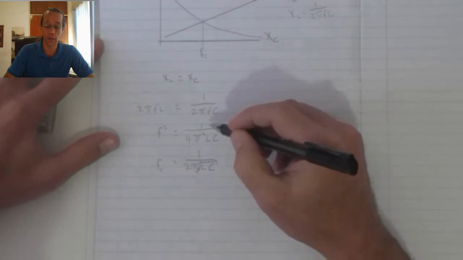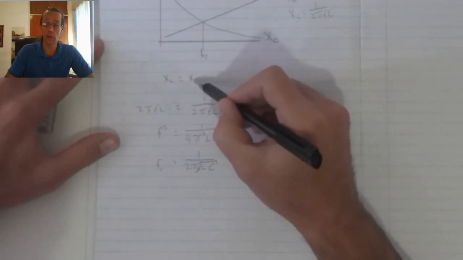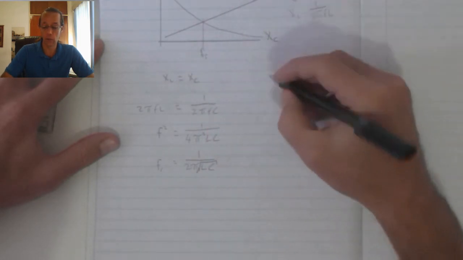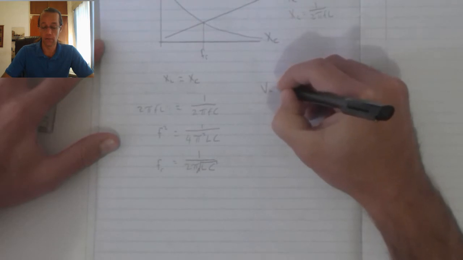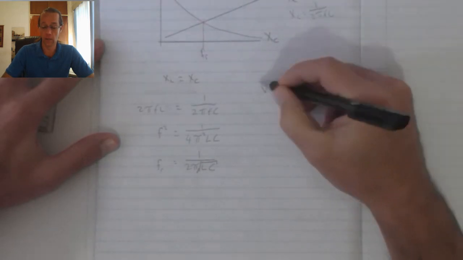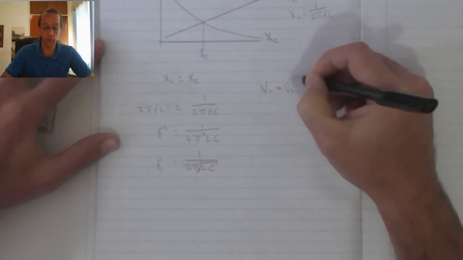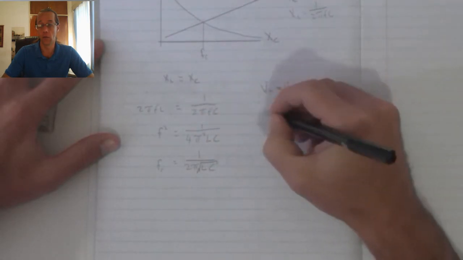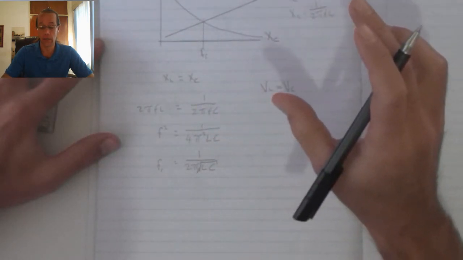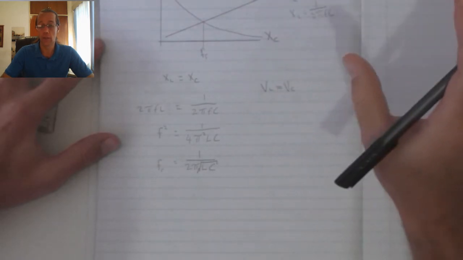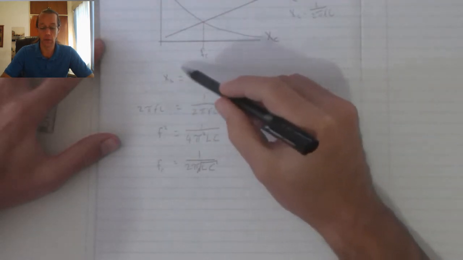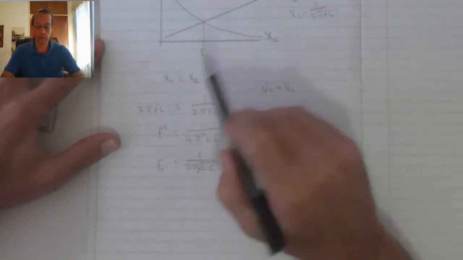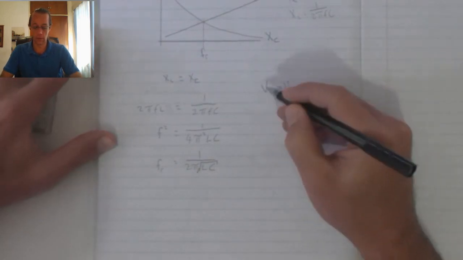Now, at resonance, we can see that XL is equal to XC. Because this is a series circuit, the current through both of them is going to be equal, and as a result, VL is going to be equal to VC. The inductor's voltage is equal to the capacitor's voltage. If we substitute this concept into the impedance formula, Z equals the square root of R squared plus X total squared, X total is going to be 0 because they are equal. Because XL and XC are equal, we will have a graph